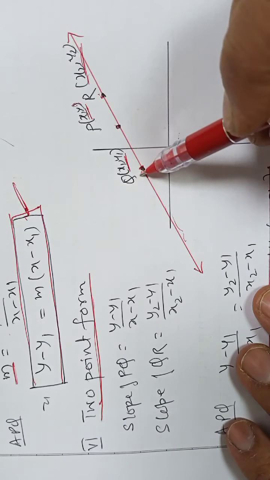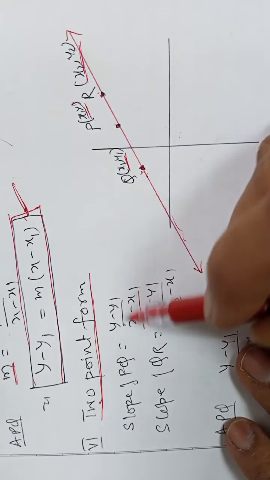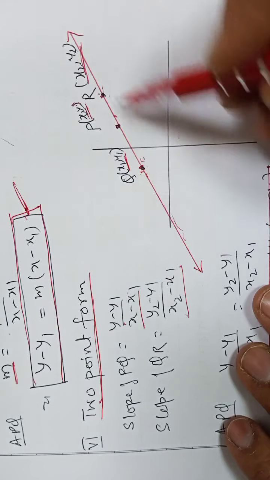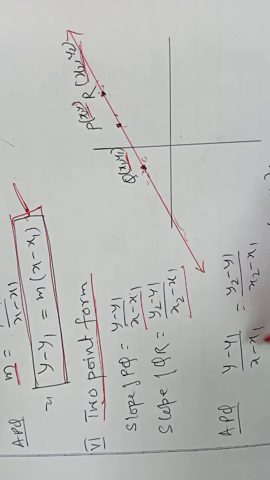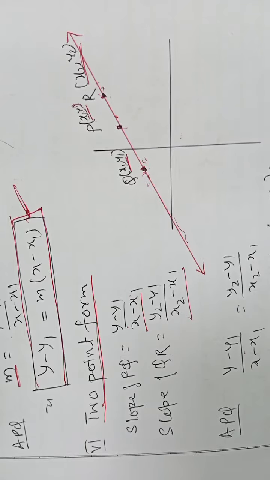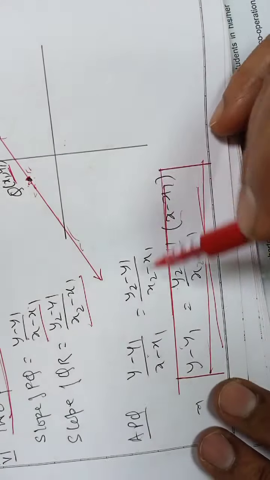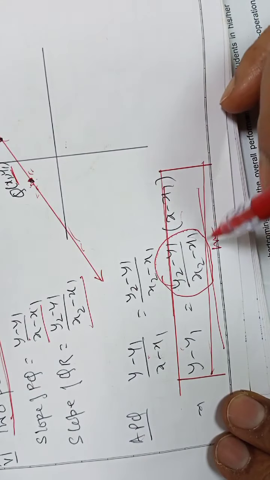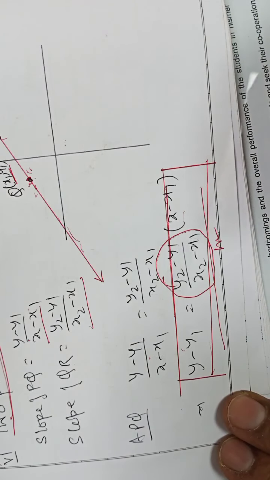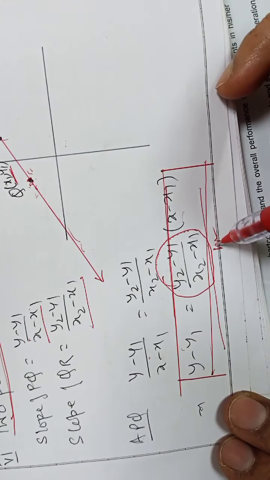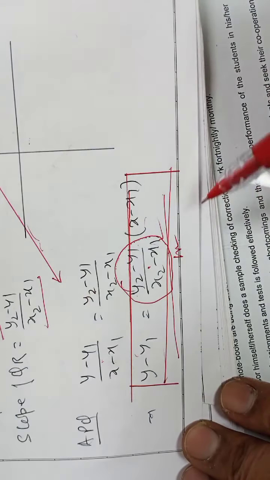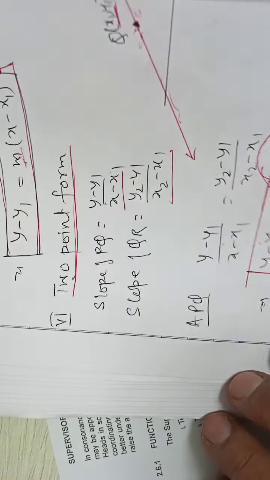So the slope of PQ is coming this. By taking these two points, the slope of QR is coming this. Again, they are collinear, so the slopes are equal. By that we get this equation. They are collinear, so it will be the same as the previous one. In place of this, m was given. In the previous one, m was given, and there we directly wrote m. But here, in place of m, two points are given, so by using the two points we got the m. The rest is the same.